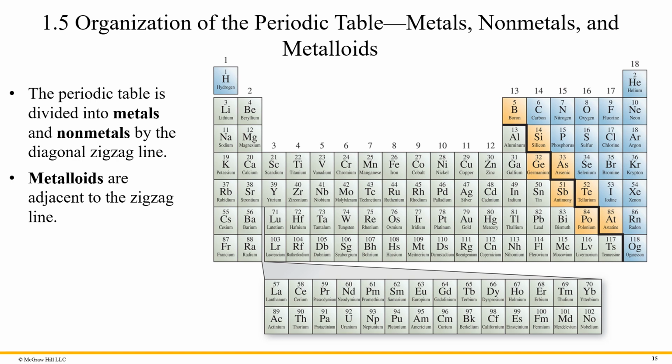These are called nonmetals. And then, as you can see in this orangey yellow along the stair step, we call this a stair step. You can see this division here. Several of these elements have characteristics that are between a metal and a nonmetal. And so they're called metalloids.